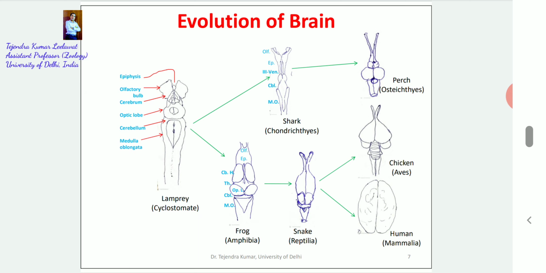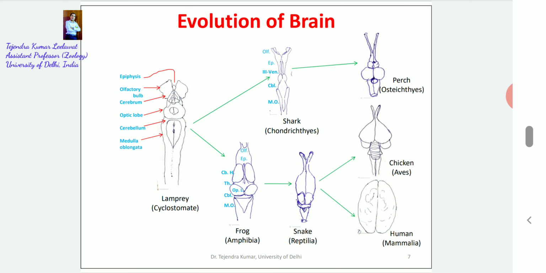In case of frog or amphibia, you can see here olfactory bulbs, olfactory lobes, and then here epithelium is also present. Epiphysis is present in between these cerebral hemispheres. The cerebral hemispheres are now divided, and then here is thalamus and optic lobes, and then here cerebellum, medulla oblongata. Okay, so if you see from amphibia to snake, snake to chicken, and a human, then you can find out